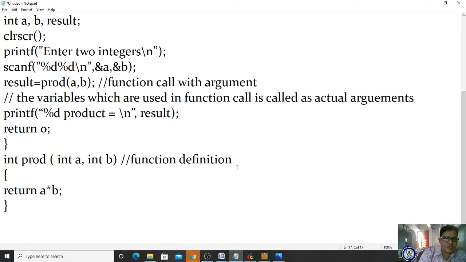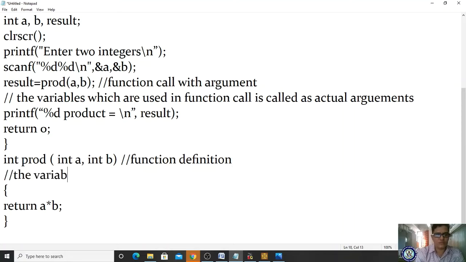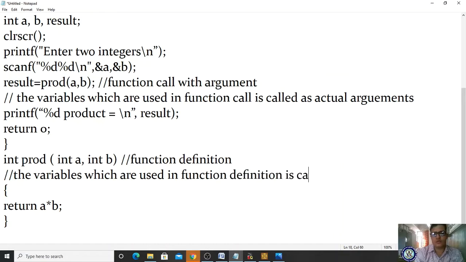It is whatever variables you have declared in the function definition. I am writing here: the variables which are used in a function definition are called formal arguments or dummy parameters.